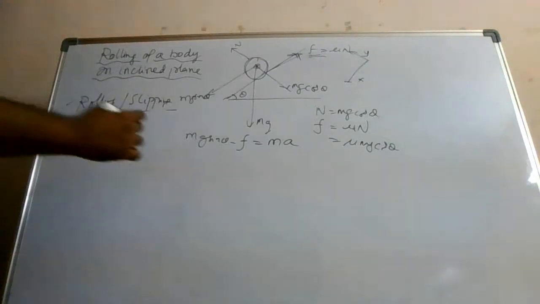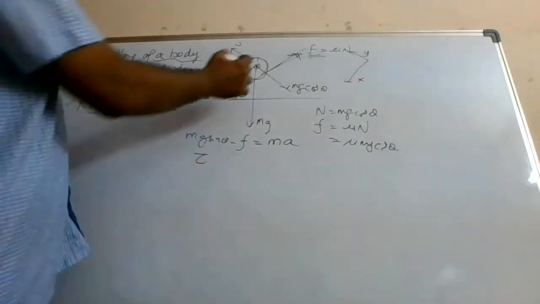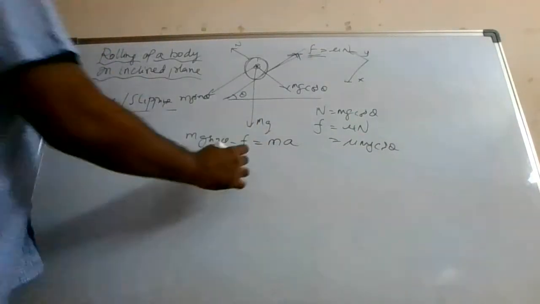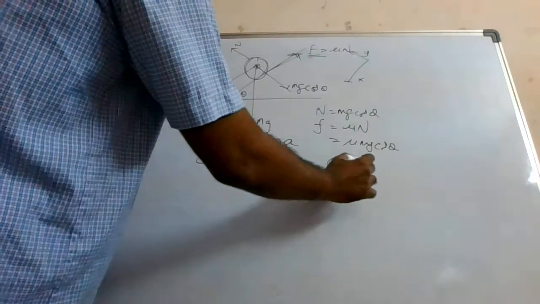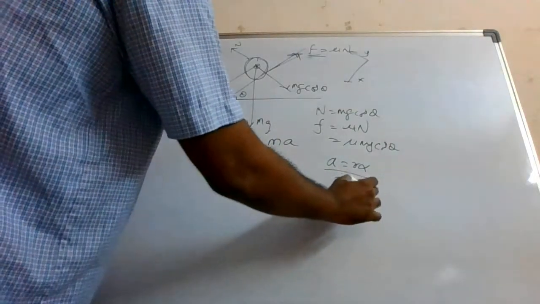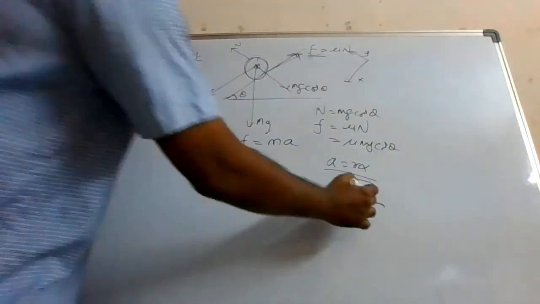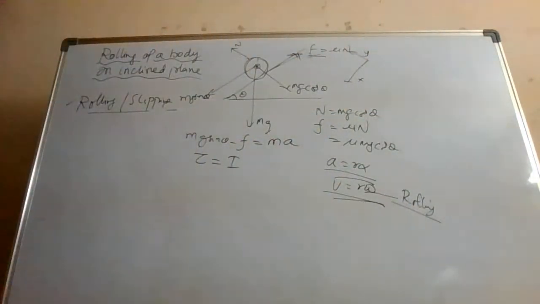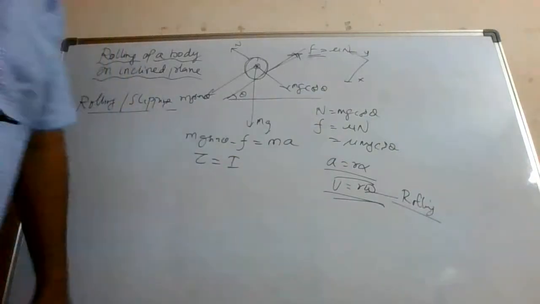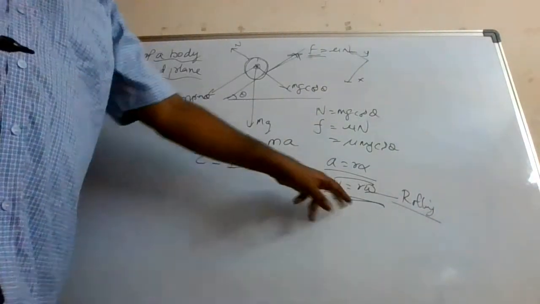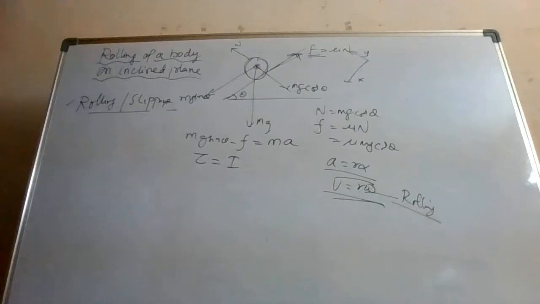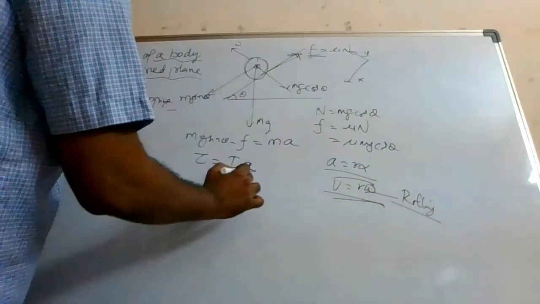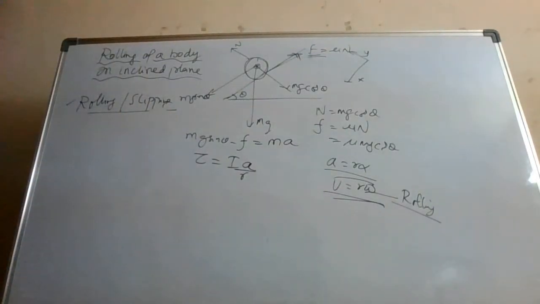Okay. So the torque about the center of mass will be equal to I about center of mass into alpha. You know that a is equal to R alpha because v is equal to R omega, we have discussed. This is the case of pure rolling. Remember, in the previous class we discussed, you differentiate this, you get a is equal to R alpha, dv by dt is a, d omega by dt is alpha. Okay, so it is I alpha, but what is alpha now? It is a by R. This is the value of torque.